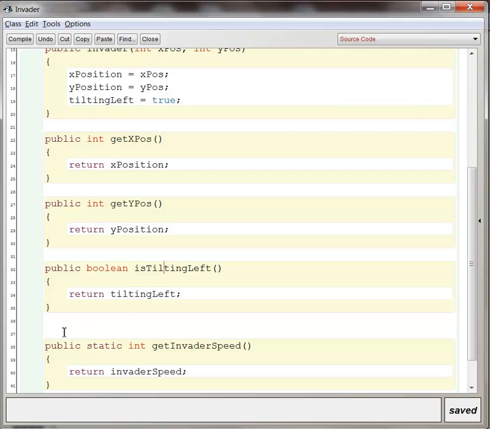I'm just returning it straight up. And this is my get method for the static variable invader speed. You just have to declare that the entire method is static up here in the method signature. And again, this means that this method has to be called from the entire class, not from an individual invader